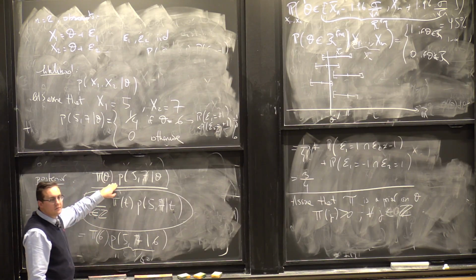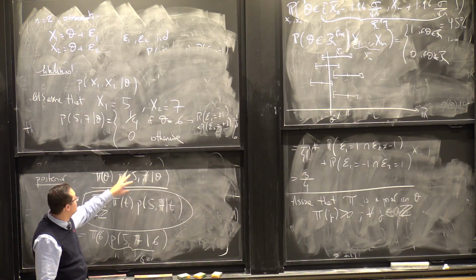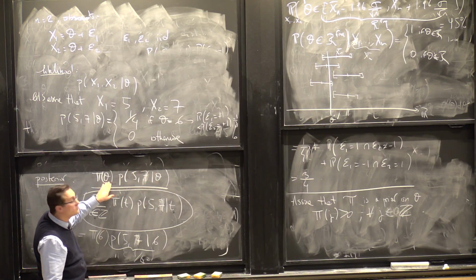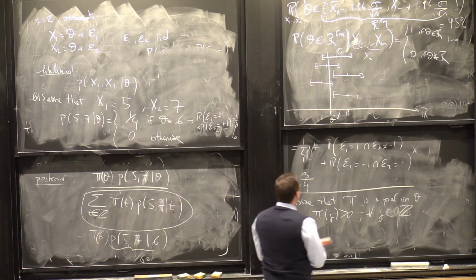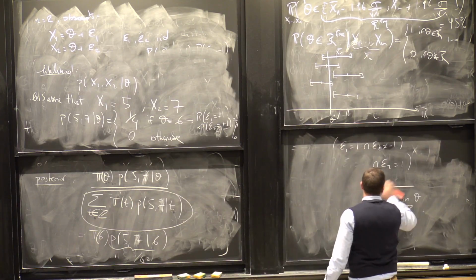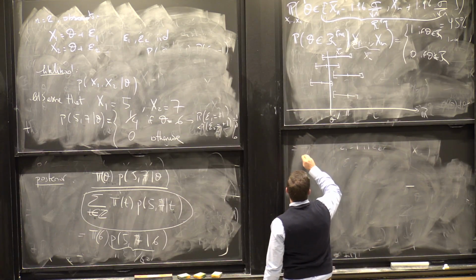But it's the same thing here. For any theta that's not 6, this guy is going to be equal to 0, so I really don't care what this is. So what it means is that my posterior becomes what? It becomes, so posterior,